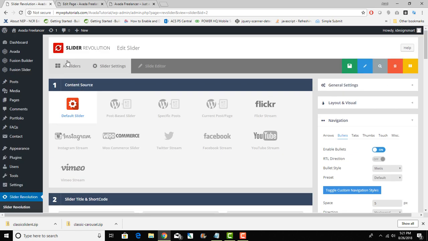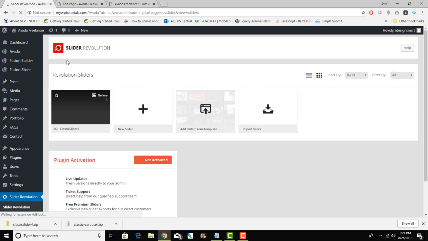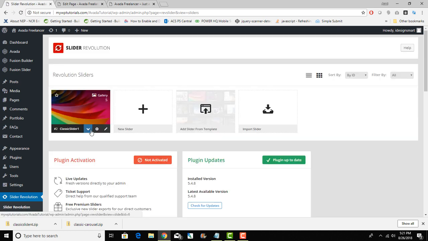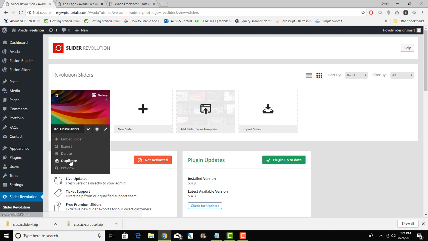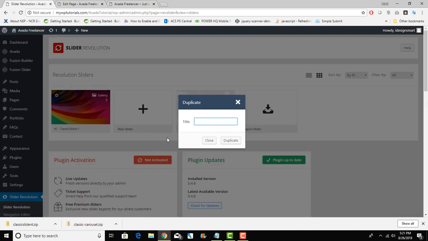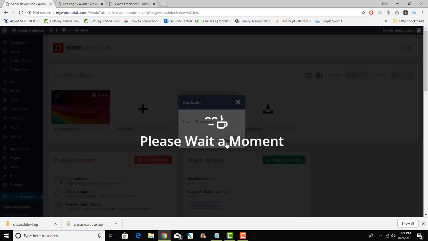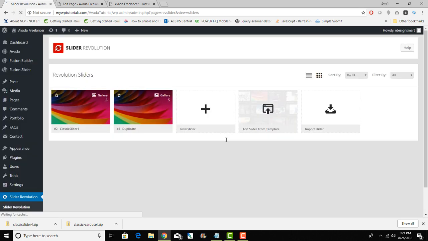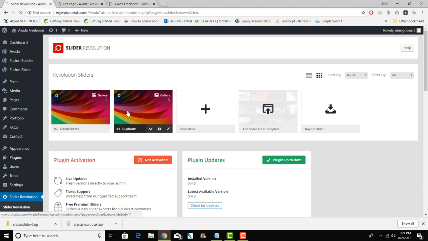And I will go to all sliders, and you can duplicate this slider as well. So I will drop down and duplicate this and just say duplicate or whatever you want to say, and then duplicate it. So once this is duplicated, now instead of this one,